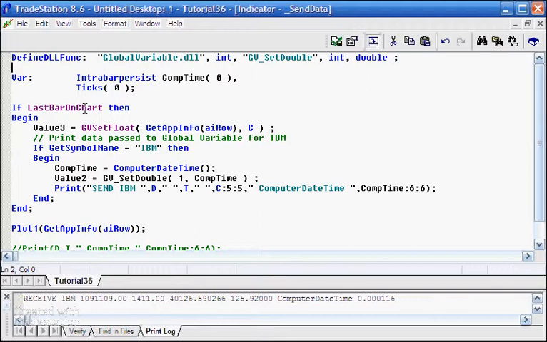Again, we're looking at the last bar on chart, and remember this is applied to the radar screen, and again we're setting the gv set float to the number of the row. Remember that GetAppInfo aiRow finds the number of the row, and we're setting it to the close of that particular stock. Now, just for debugging purposes, what I also did was added this little routine here